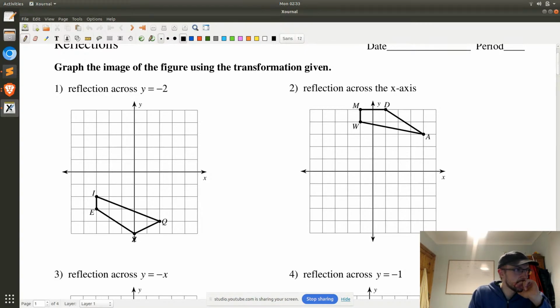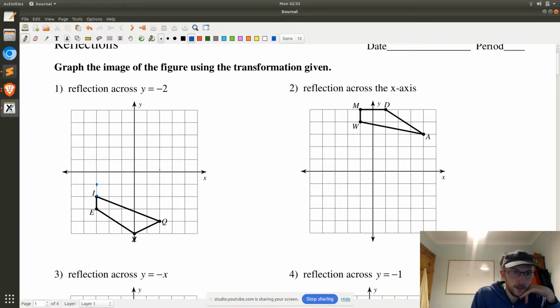12 of these. Graph the image of the figure using the transformation, giving reflection across y equals -2. Okay, so we need the points. So y equals -2 is a horizontal line around here. Okay, so